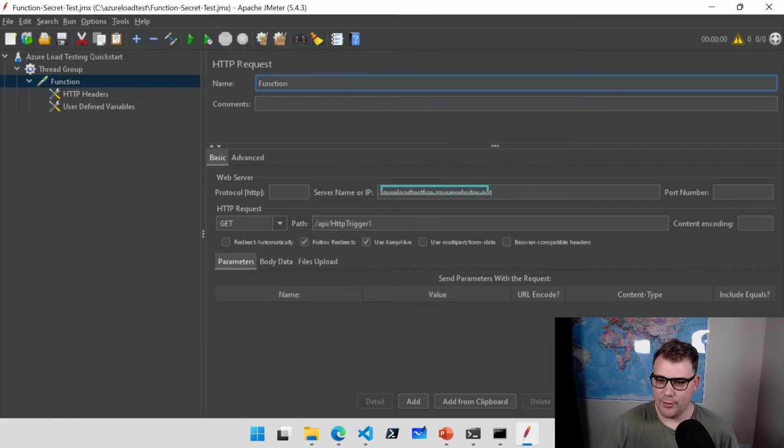The server name or the IP address that we were hitting was Azure Load Test fcn.azurewebsites.net. The HTTP request, we were doing a GET request. The path was API HTTP trigger 1. So again, if you wanted to change any of these, if you wanted to start doing a post request instead,